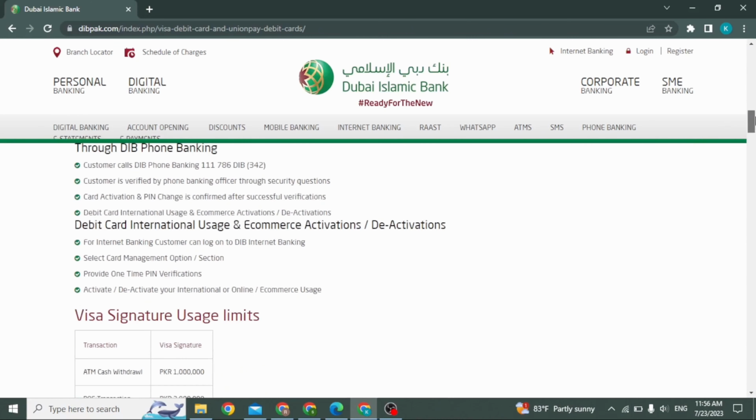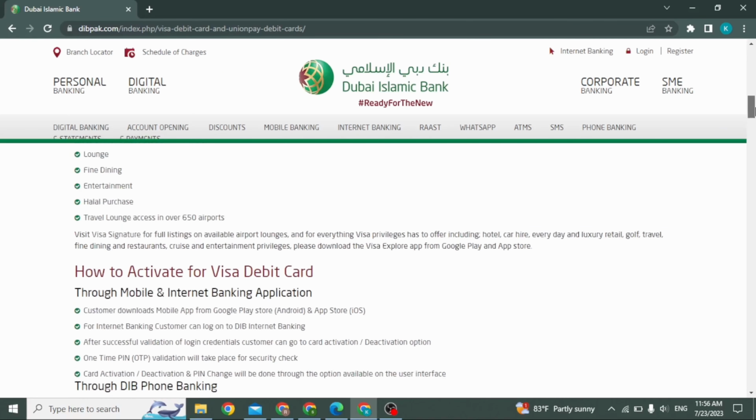Likewise, third option is for debit card international uses and e-commerce activations. For internet banking customer, you can easily log into DIB Internet Banking, select card management option, provide one-time PIN verification and activate your debit card international uses and e-commerce activation. So these are the ways to activate Dubai Islamic Bank